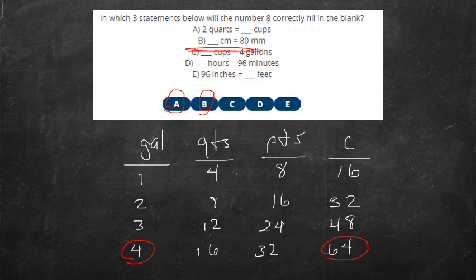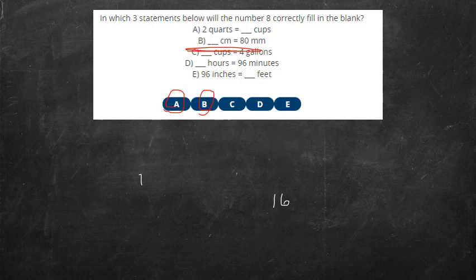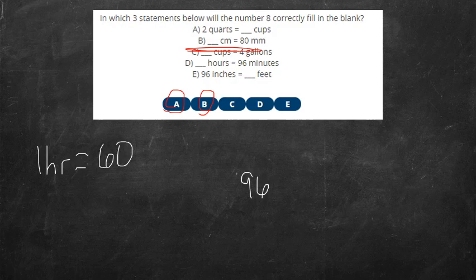All right. Cool. So let's move on to D. And we're going to erase some of this out of our way here. Let's get this out of the way. Erase, erase, erase. Okay. D, blank hours equals 96 minutes. Okay. So what I can do is I remember that 1 hour equals 60 minutes. Okay. So if I have 96 minutes, I can divide it by 60